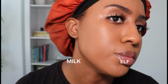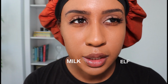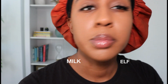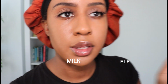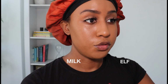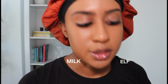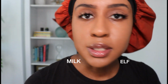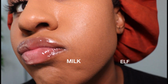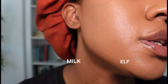Finish the Milk side, and so I don't know, I feel like in person, like I'm looking at my mirror right now, in person it's definitely like the e.l.f. looks so good. Like, it's dried down all the way down. Y'all see my, look at that, do a close-up versus the Milk. I feel like you can't see the difference